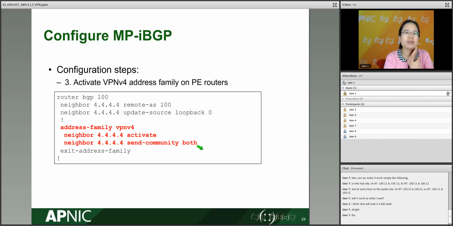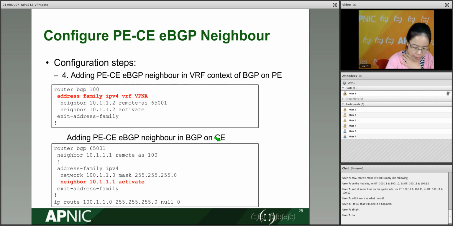Maybe you ask, what is the community? RT. RT is a community attribute. So if you don't configure this, RT information will not be sent out. So add this command. Don't forget this one. And so the MP-BGP label will be set up from PE to CE, and from PE to PEs. And here from PE to CE,